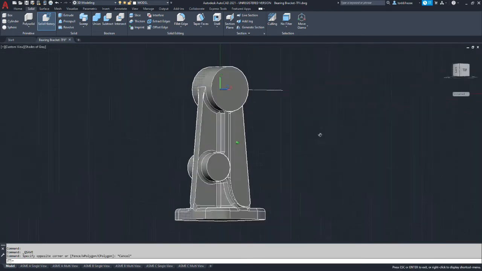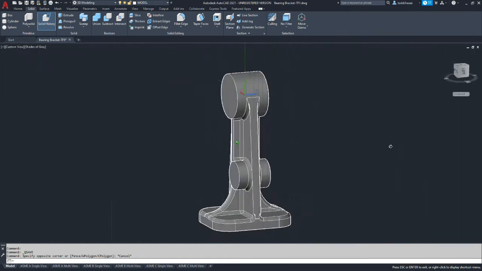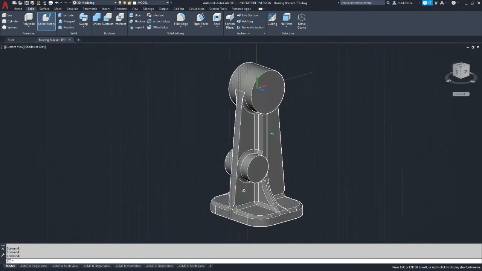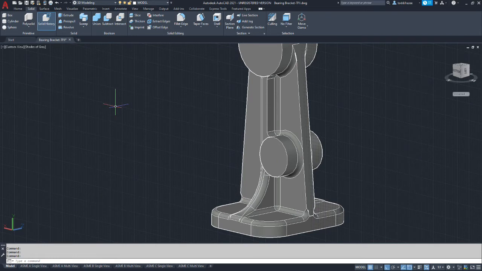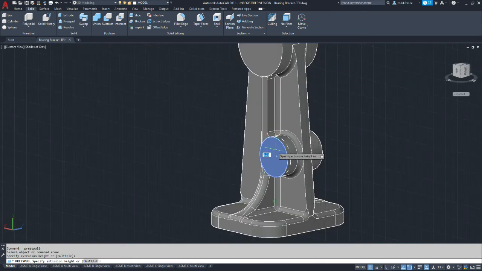All right, so the next feature we're going to add is, actually before we forget about it, we're going to remove the 1mm material from the top of the boss here. So what we're going to do is we're going to use a different command called a press pull. Okay, and what that does is modify an existing surface. Okay, so it shrinks the boss by 1mm, which gives us the print.